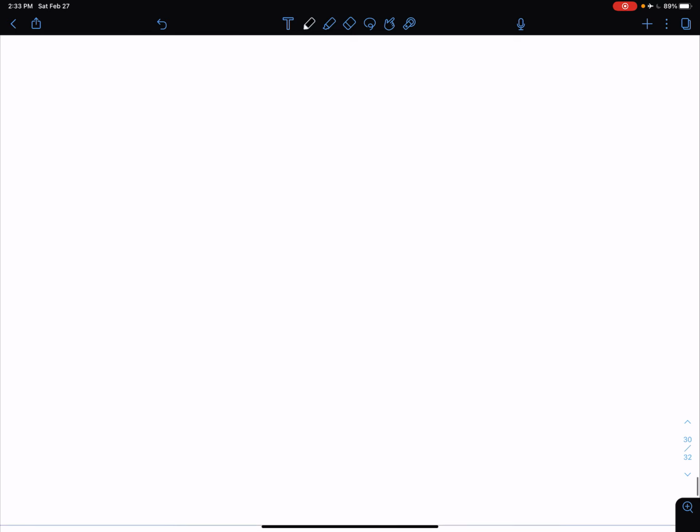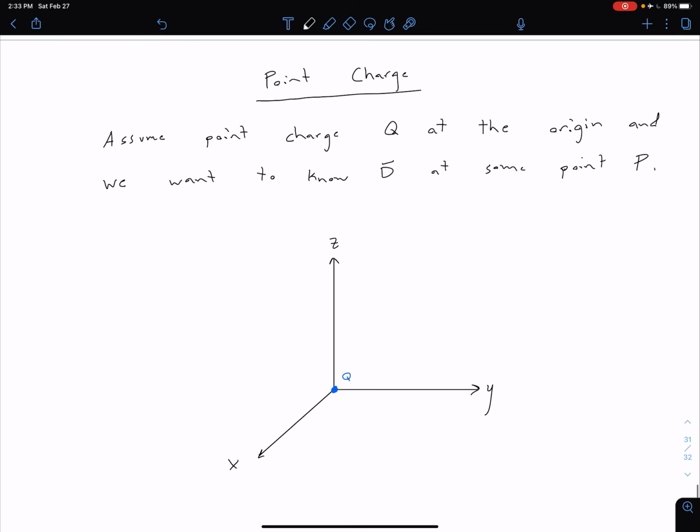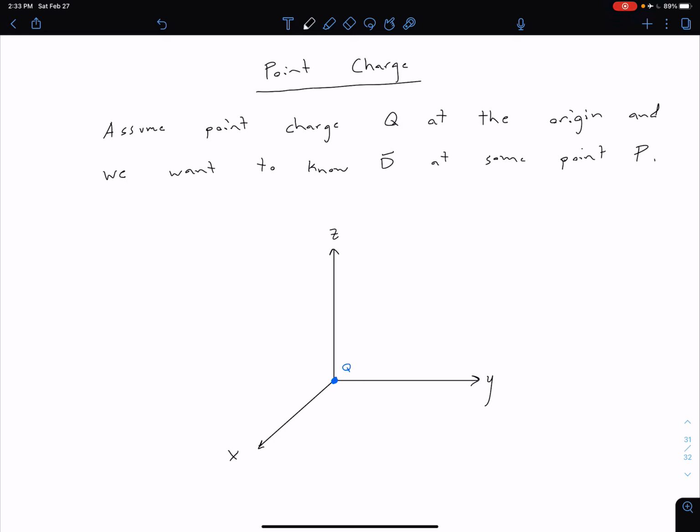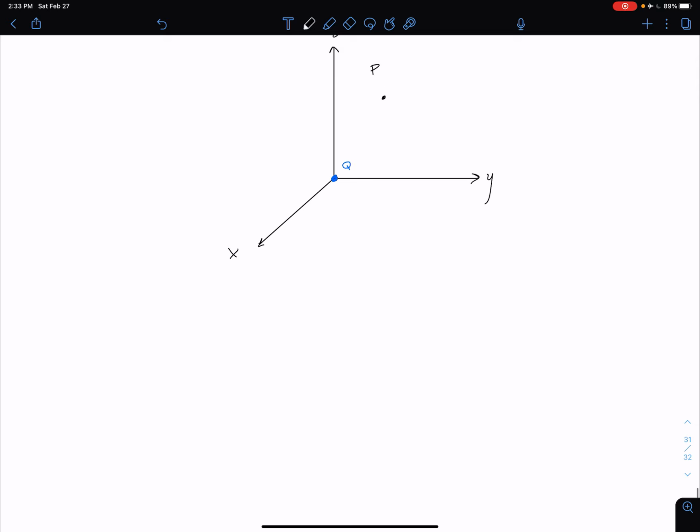So with that in mind, let's look at a simple example of a point charge. Let's say we have some point charge Q at the origin, and we want to know the electric flux density at some point P. I can just put some arbitrary point P; of course, we can put this wherever we want. So our approach with using Gauss's law is we say, all right, I want to define a Gaussian surface such that our D is going to be constant everywhere. So if we want D constant on our surface,